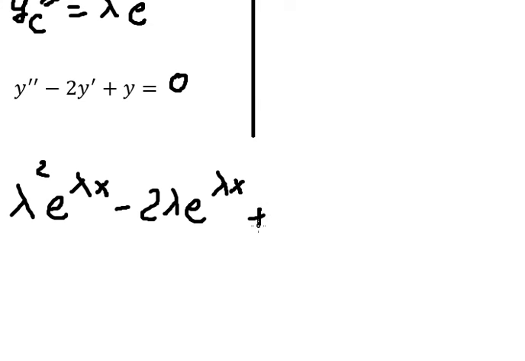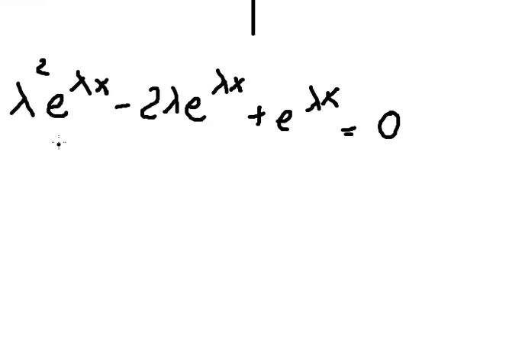So we have lambda square e to the power of lambda s minus 2 lambda e to the power of lambda s plus e to the power of lambda s equals 0. This one we can factorize, so we have e to the power of lambda s